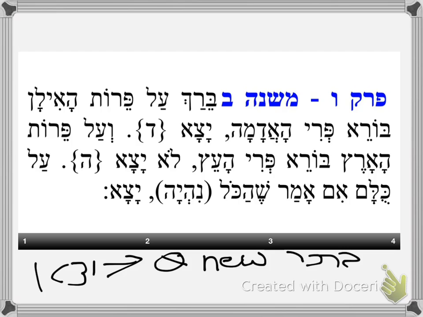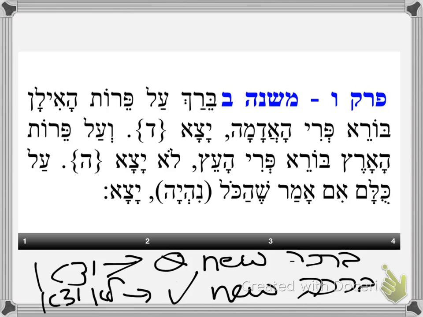But when it says lo yatsa, you did not fulfill your obligation, it did not count, which therefore means that you do need to make a new bracha. Okay? So with that, let us go on to the Mishnah.